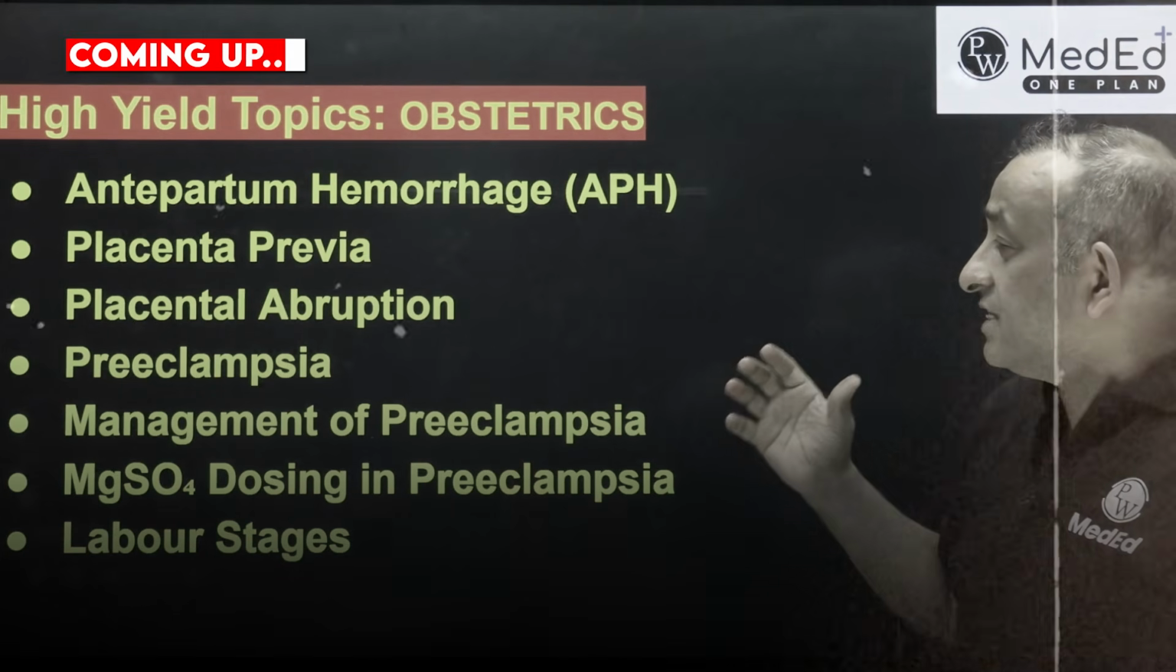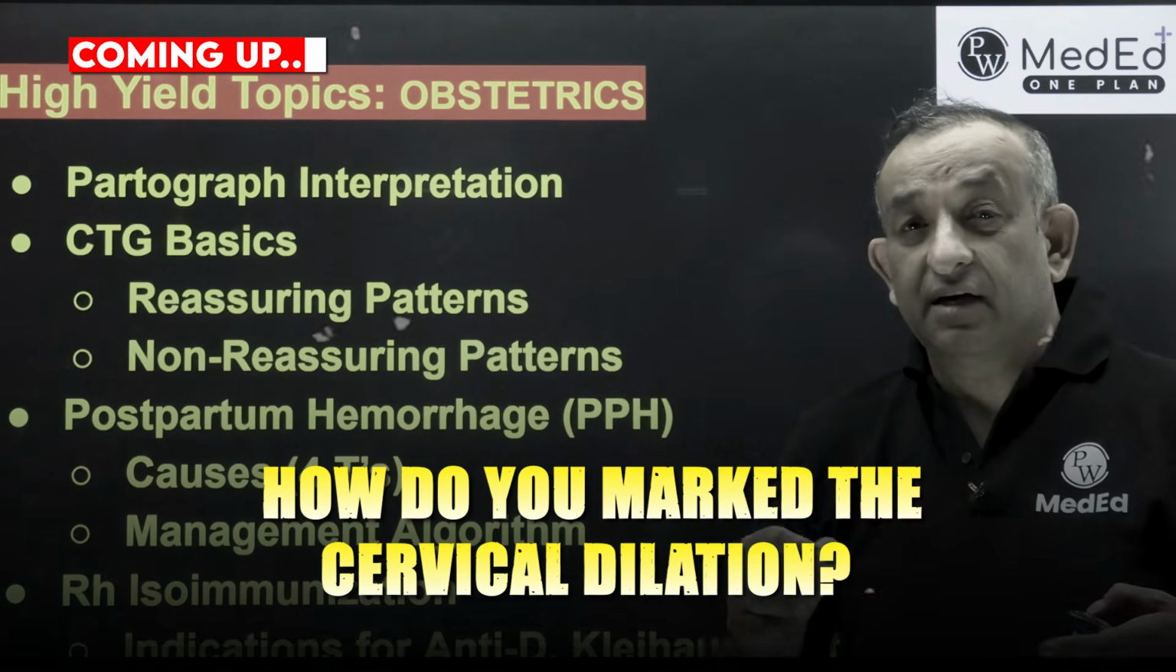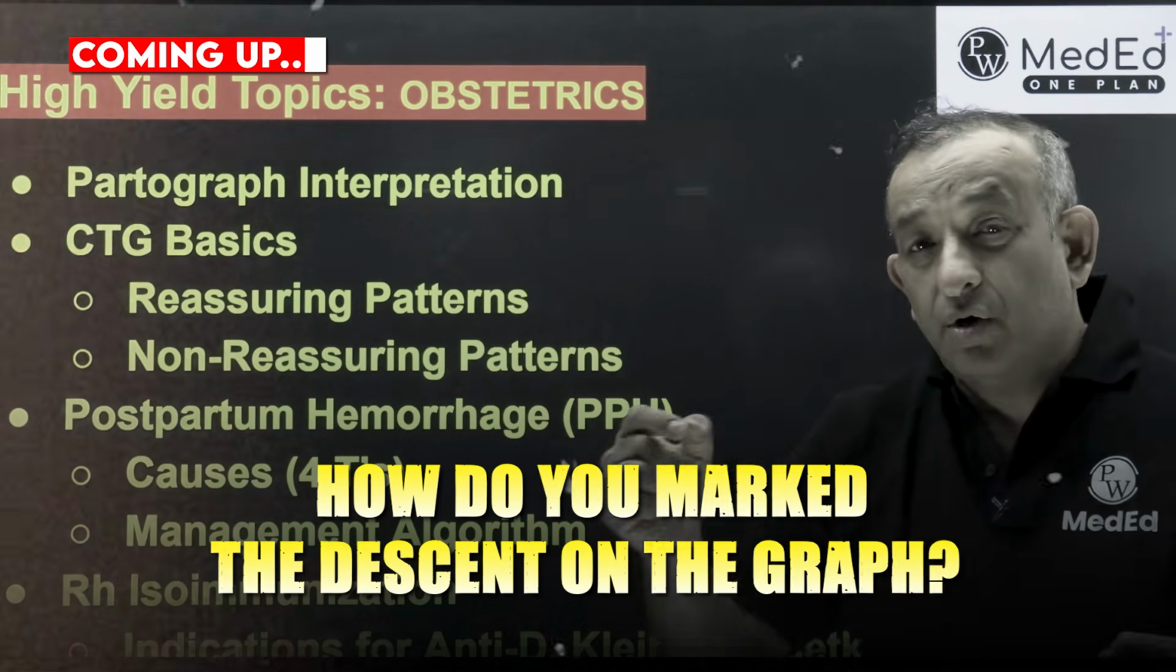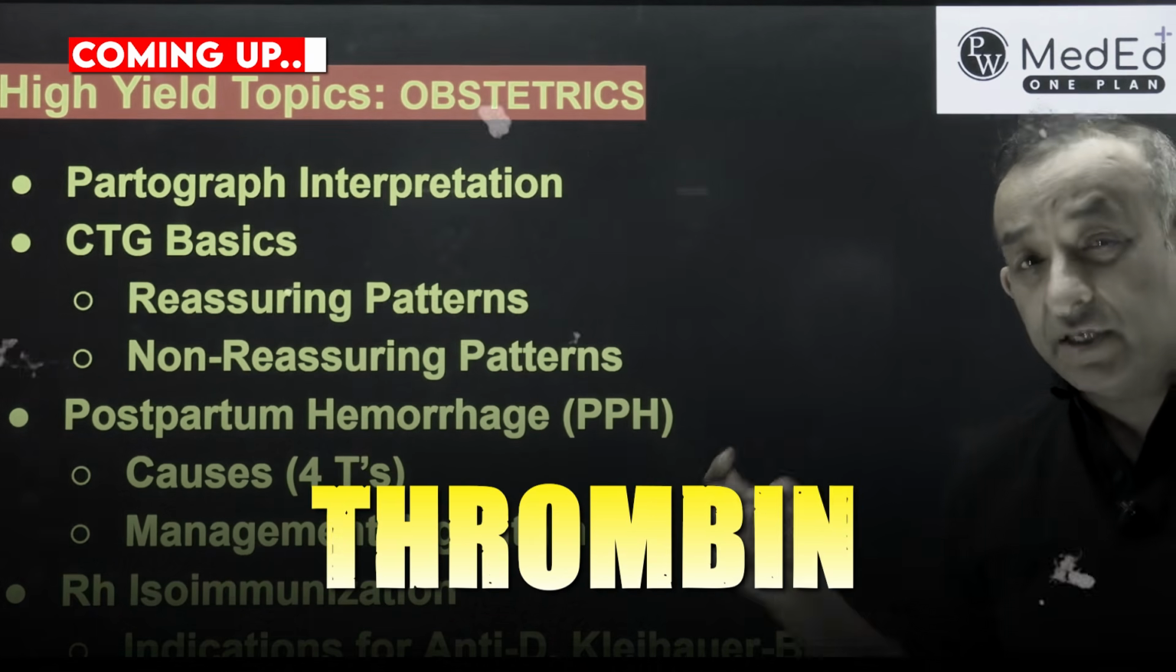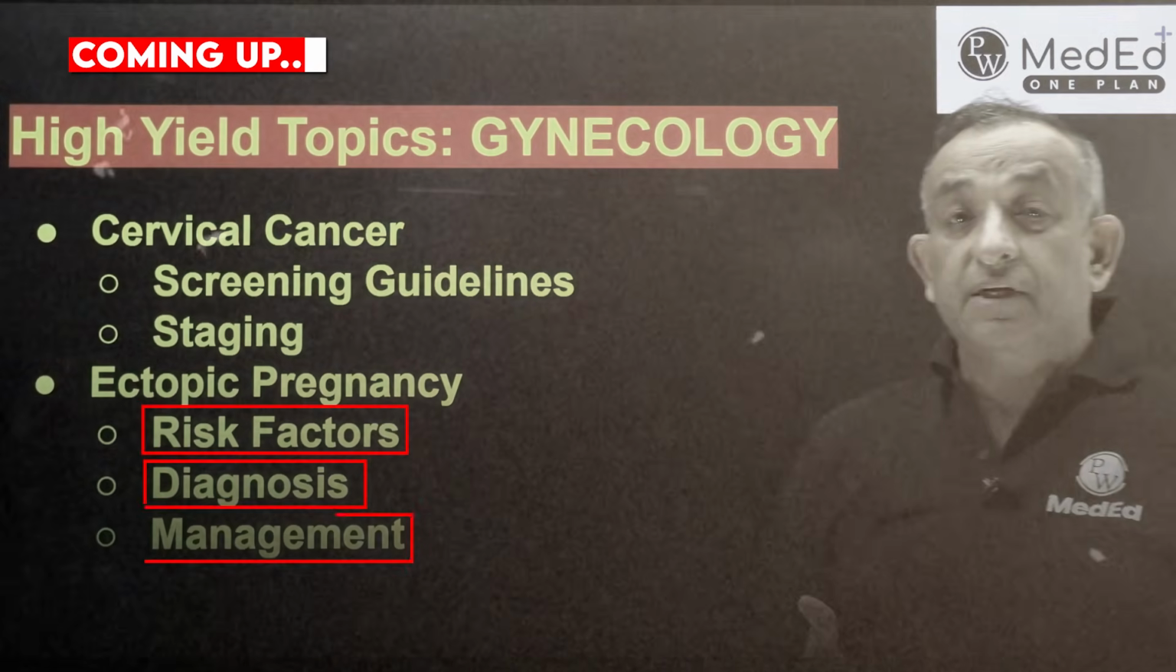So in obstetrics, antepartum hemorrhage, placenta previa and abruption, how do you mark the cervical dilatation and how you mark the descent on the graph. The tone, trauma, thrombin and tissues which we keep discussing in our app, ectopic pregnancies, risk factors, diagnosis, management, very